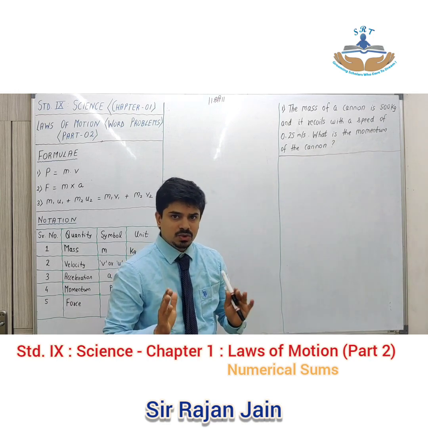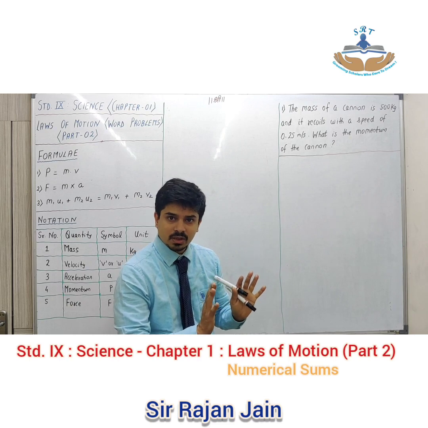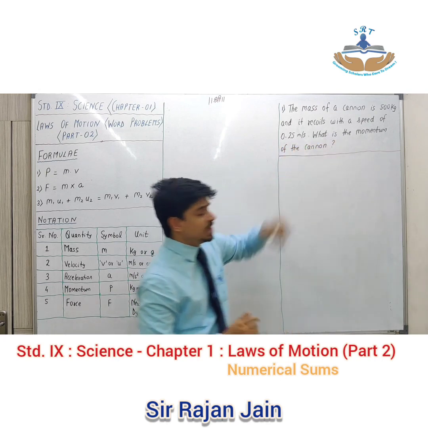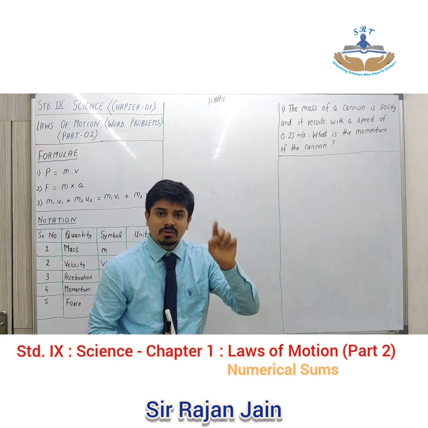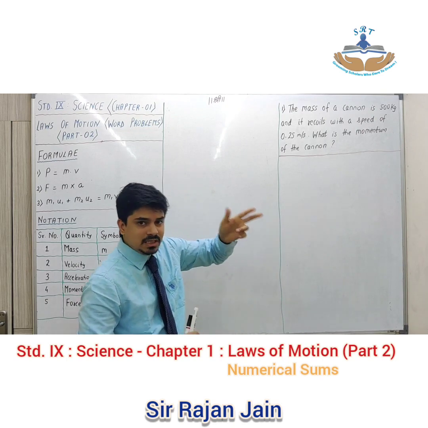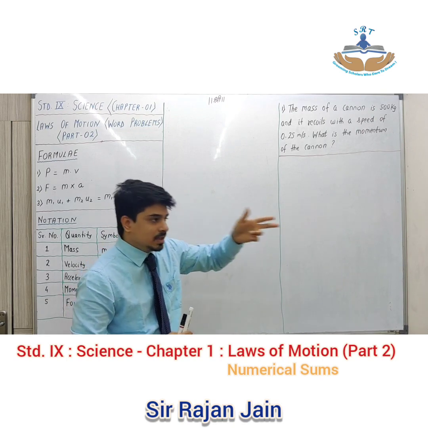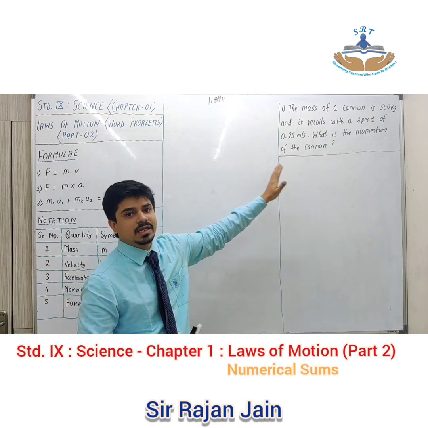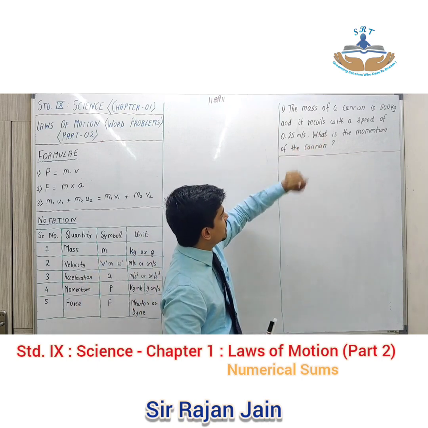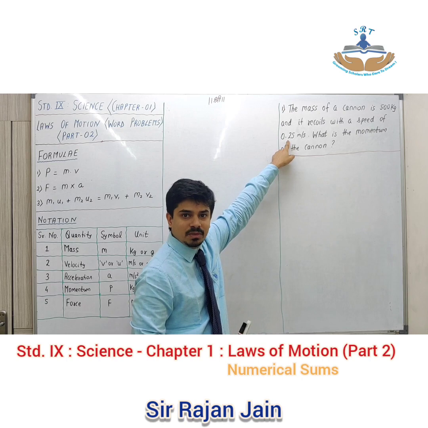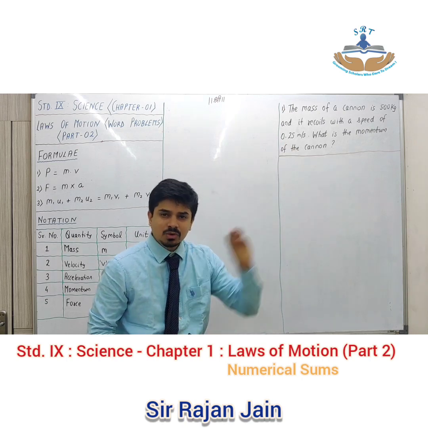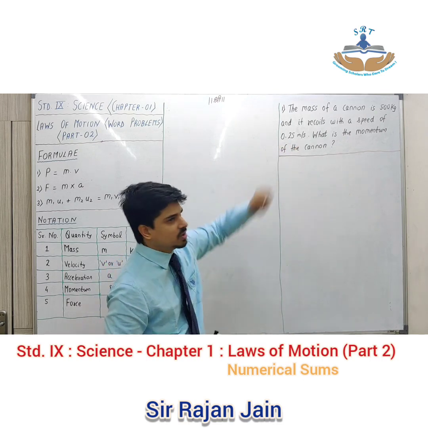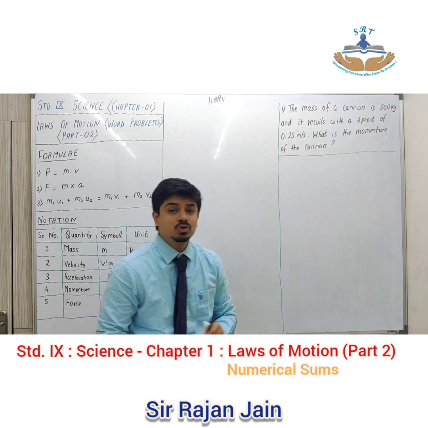Okay, I hope everyone knows what a cannon is. तोप, okay, सुना रहेगा तोप करके. Okay, that is nothing but a cannon. Now over here, it recoils with a speed of 0.25 meter per second. As we have done in the theory part of the chapter, when a bullet is fired from a gun, the gun moves back. The backward motion of the gun is called recoil, and the same thing happens with the cannon also. Now the mass of the cannon is 500 kg, it recoils with a speed of 0.25 meter per second. I need to get the momentum. Now this question is very simple. Momentum का formula क्या है? Mass into velocity. Mass is given, velocity is given, so it is just substitution in the formula.